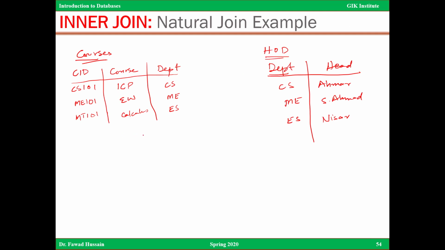If I'm using these two tables and I make a natural join between them, I say courses natural join with HOD, and see that I don't write any condition or any filter over here. There is no matching. Courses.cid is equal to HOD? No, there is nothing matching. Or courses.department equal to HOD.department? No, that's not the case. I simply write courses join with HOD, and this should give me